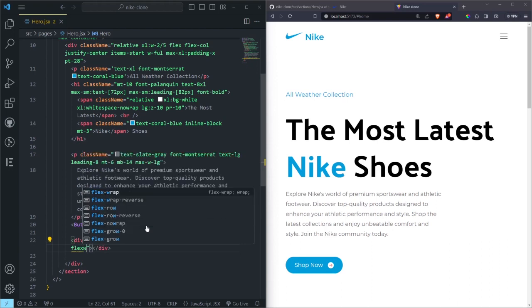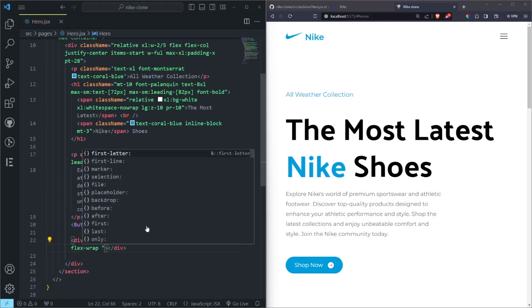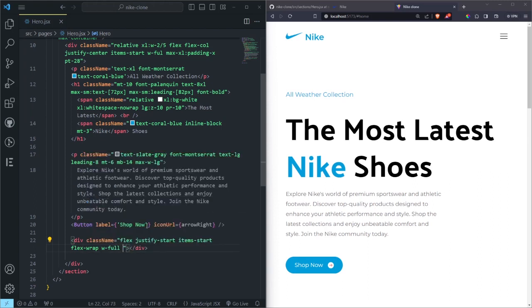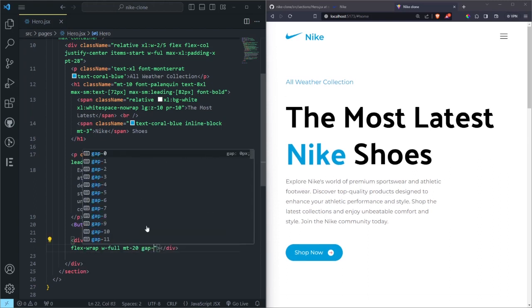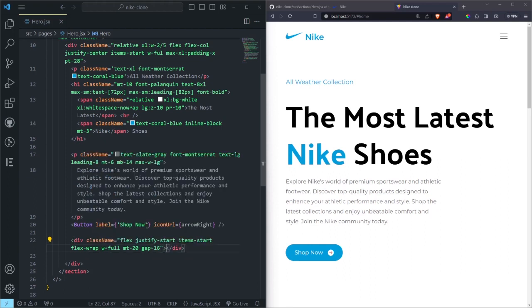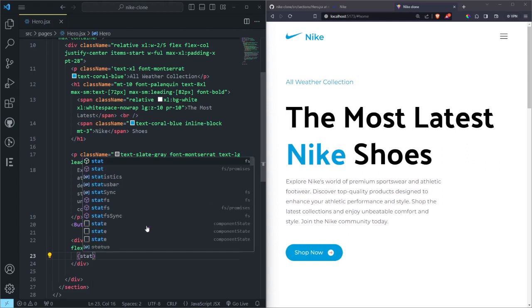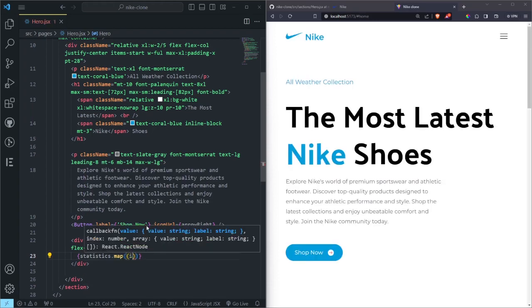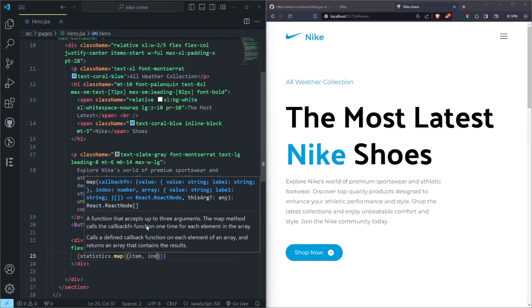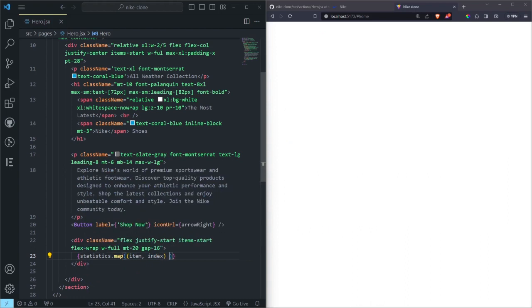flex wrap, width of full, margin top of 20, and then a gap of 16 to separate the statistics from each other. And now here we can start mapping our statistics. We can do statistics and then dot map. Then we can do item inside here and also an index. Then here we can do a function,